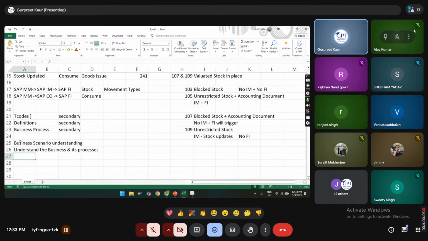For example, you have given me NB as of now. In NB, I can create a normal purchase order, a special procurement purchase order, and a return purchase order. But when I'm talking about the dedicated return PO, it means no other PO is allowed except a return purchase order. So how are we going to complete this scenario? How are we going to tell them? How do we suggest the solution? Yes, it is possible, but how? How can we explain it to them?